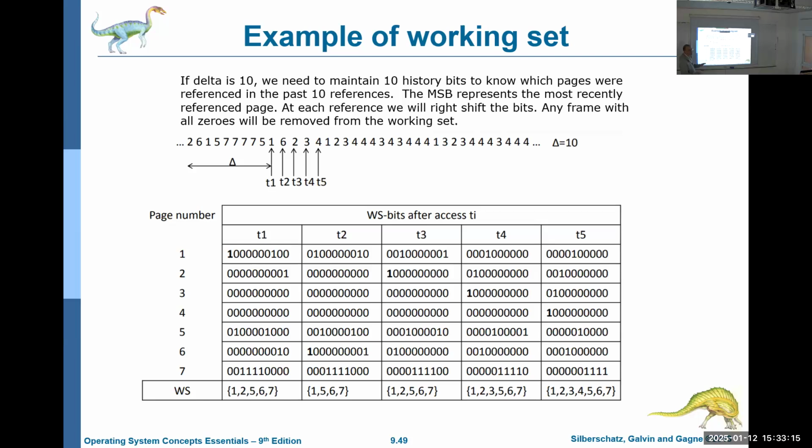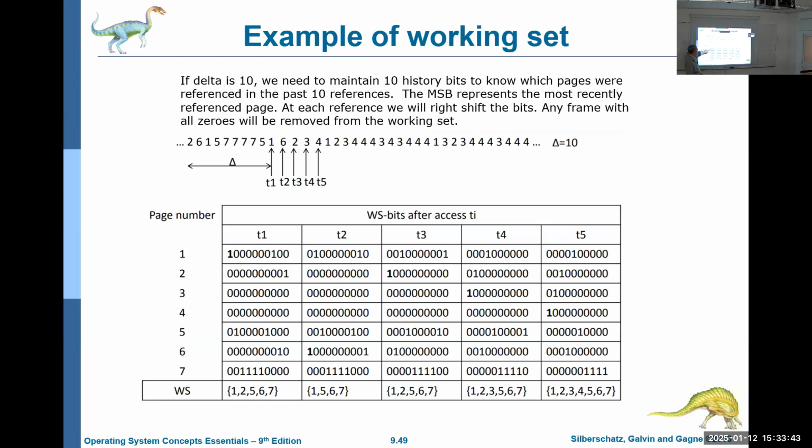So let's say we're not going to do an example of 10,000. We'll do an example of 10. So we have 10 bits. By the way, this is just one implementation of it. There are many ways to do the concept you already got. The question is, how do we actually implement it in programming? So this is one way. The MSB, the most significant bit, which is this one,